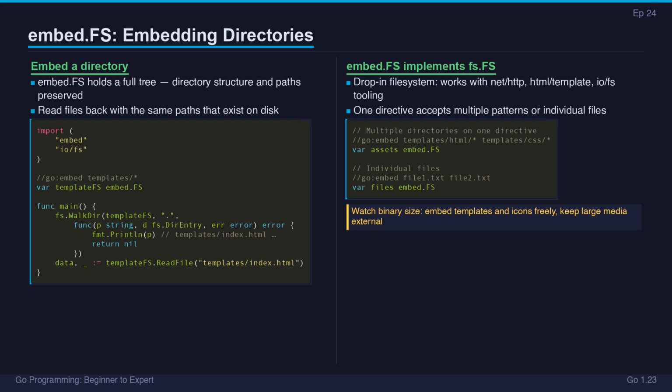fs.WalkDir to traverse them. ReadFile to load one by path. html/template.ParseFS. net/http file server. The embedded tree is a drop-in replacement for a real directory. One directive can take multiple patterns,